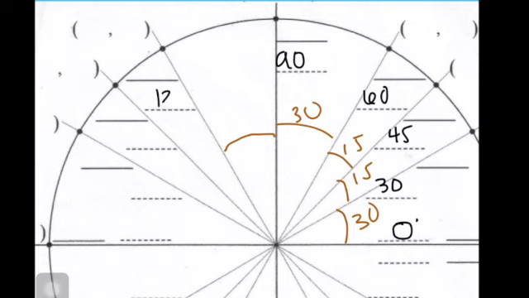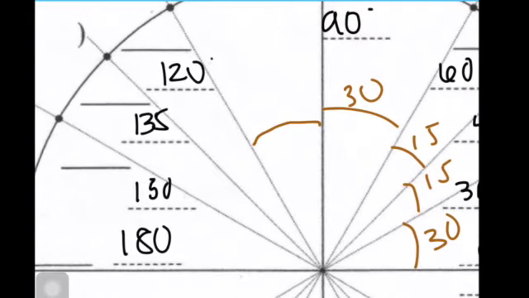You know that's going to give me 120 degrees, right? Let's put degrees on all of these. Then the short side is going to be 15, so I add 15, so 135. I add another 15, so that gives me 150. And then I add another 30 because it's a longer piece of angle, so that gives me 180. And we can continue